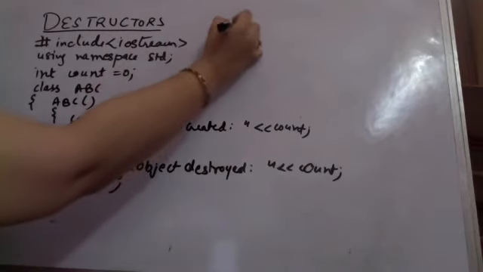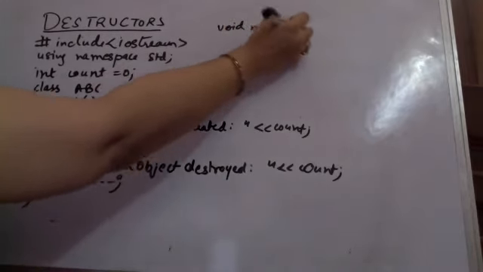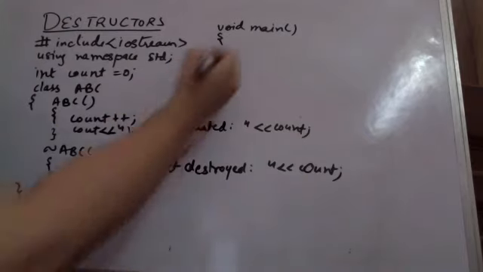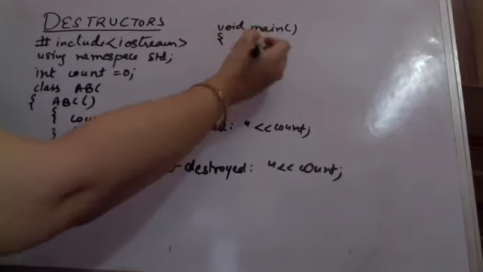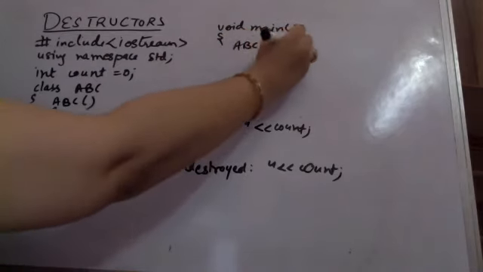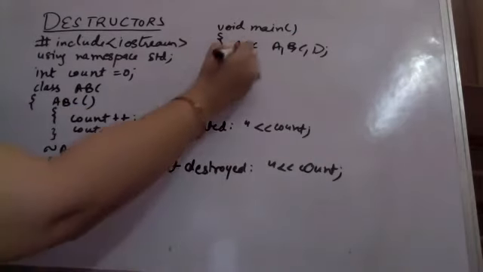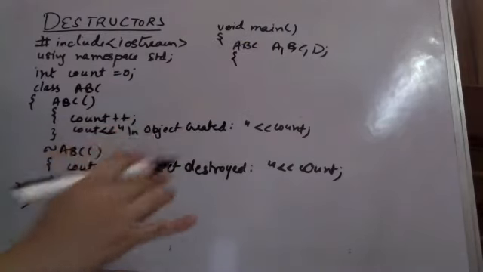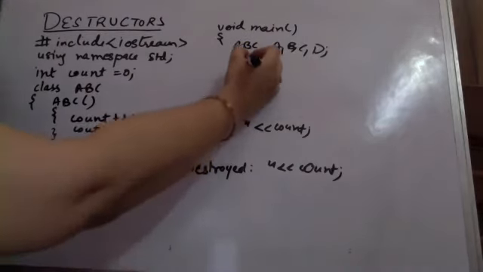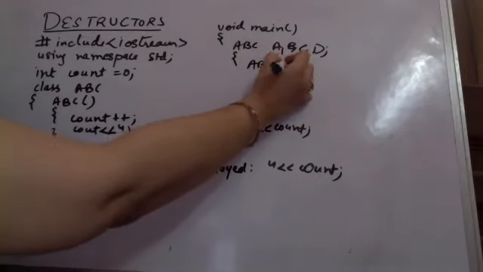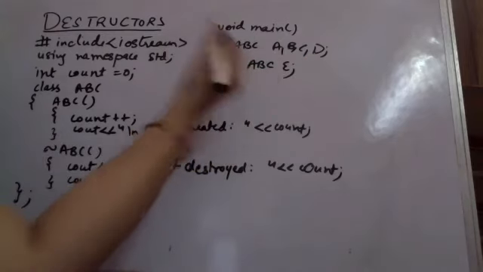So I'm having my void main. Within the void main, what is happening is, see, after entering the main, supposedly I'm creating some objects A, B, C. So I'm creating A, B, C, and D. I'm creating 4 objects here just randomly. And I'm just creating a sample block here. And in the block, I am creating A, B, C, say element 5. This is E. This is within the block.